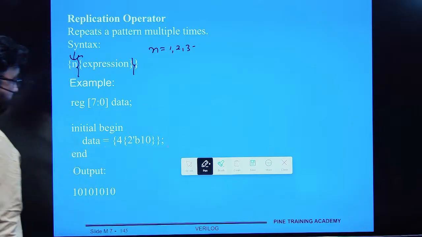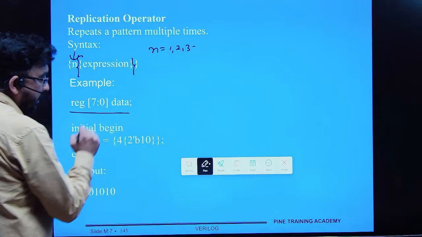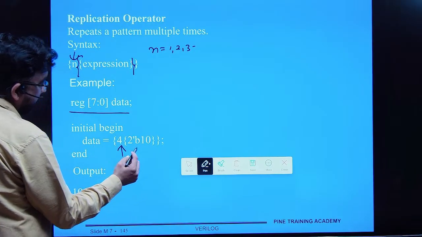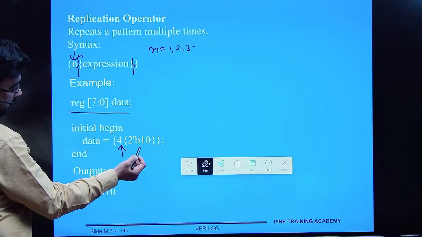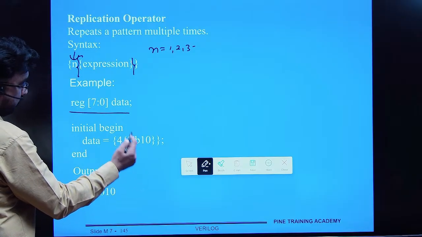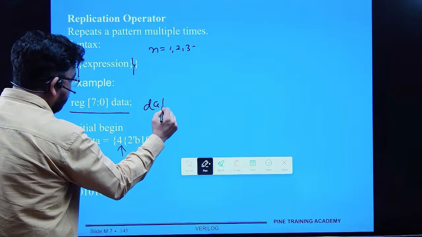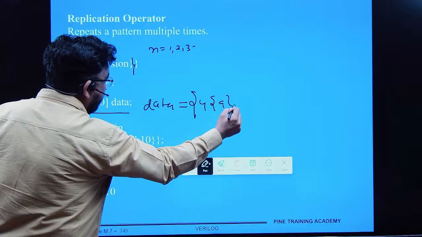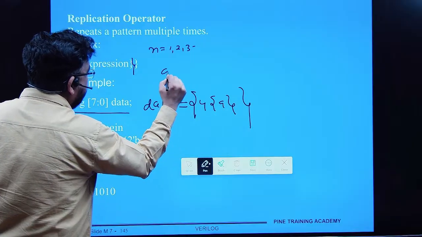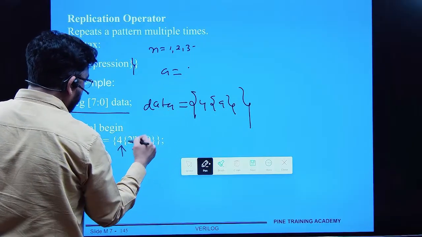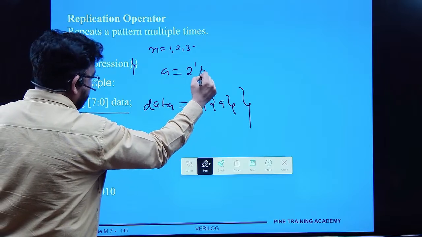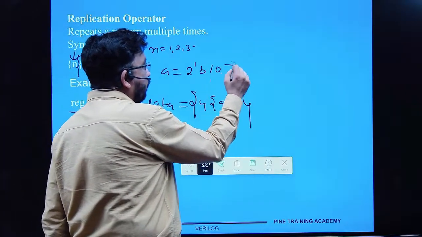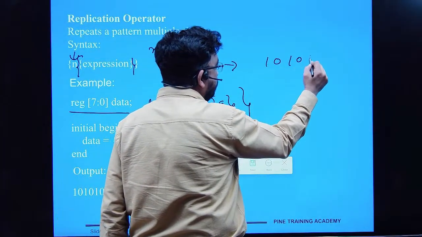तो सरेज 8 बिट का डेटा लिया, ठीक है, एंड देन डेटा को मैंने न्यूमरिक के साथ यहाँ पर बेसिकली, इसको हम ऐसे लिख सकते हैं, डेटा इक्वल टू, अगर हमें लिखना है 4a, ठीक है, और यहाँ पे जो a है वो आपका 2 tick b 10। ओके, तो बेसिकली ये 10 क्या होगा, 4 टाइम्स ऐड हो जाएगा, 10 10 10 10।